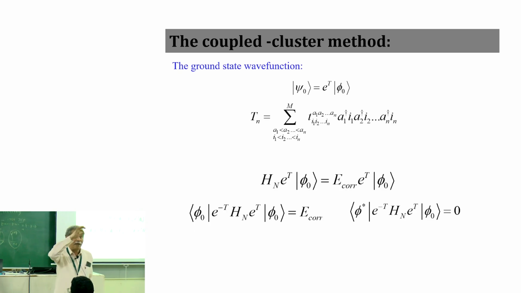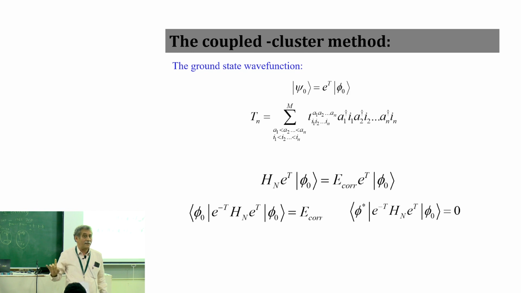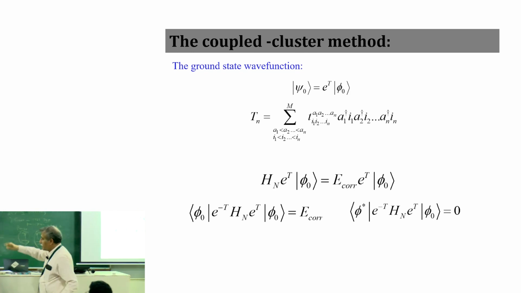So the first level of theory is CCD. Next is CCSD, then CCSDT and so on. Whereas in CI, you can have a CIS. Hartree-Fock will not change, but at least the excited states will be new. But you never do CCS. And this was a very interesting theorem by Thouless.